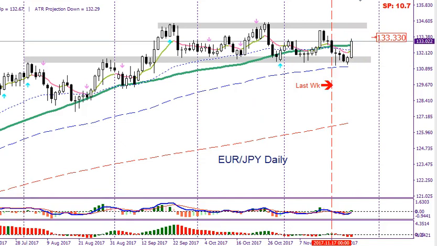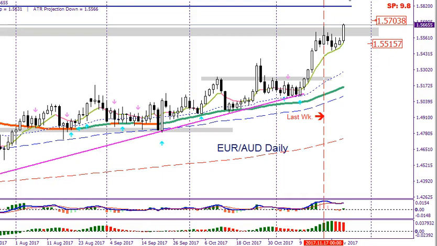Now we get to the next chart, and that's the Euro Aussie. Look at this one. Euro last week was the strongest individual currency, so that most likely will continue this week, but take a look at this big candle. Usually after a huge candle, we could have a bit of a retracement. It did break the resistance here. If you believe price is going to go higher, then you could look at buys above 157.03. If you believe price is actually going to turn all the way over to the other side, then you could look at sells below